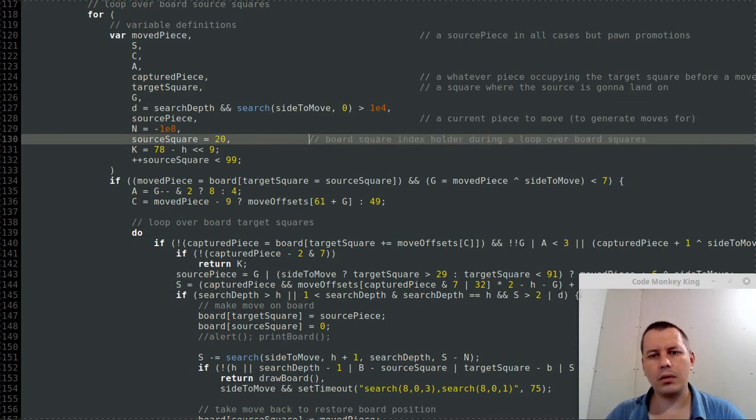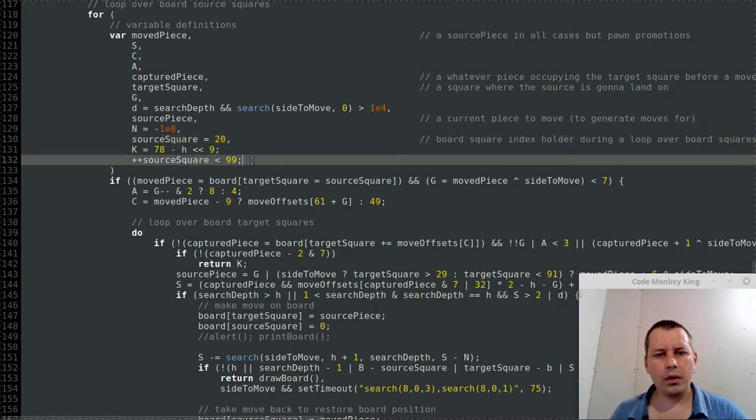Okay. And here we do increments of square until reaching,